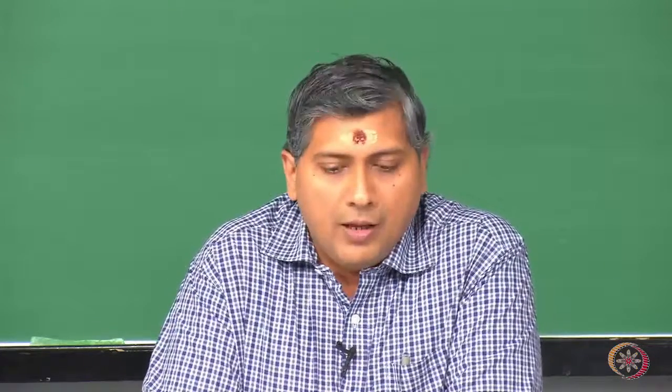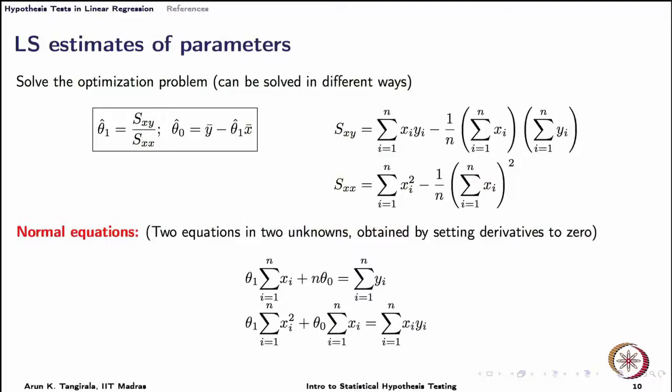The optimal estimate for theta naught is kind of intuitive, it is based on the means of y and x and the optimal estimate of theta 1. You should verify indeed that this is the solution that you get by solving the so called normal equations that we discussed earlier. These are expressions that we have probably been seeing from high school days, nothing complicated. We are going to stick only to the single regressor case. The multiple linear regression problem we do not pursue here, but in a general regression course or a course in estimation theory perhaps we would.